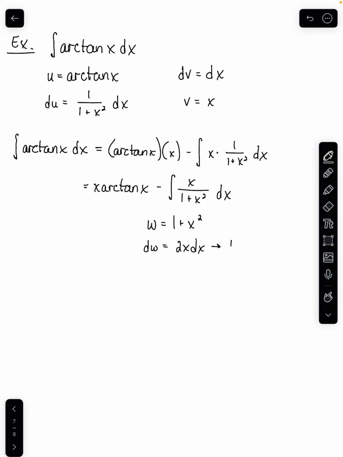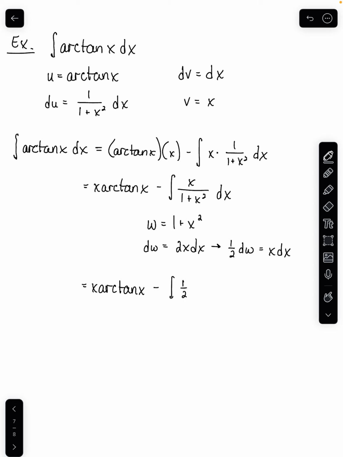Or if we divide both sides by 2, we can have 1/2 times dw is equal to x dx. And that will allow us to rewrite this integral. Now we've still got the x times arctangent of x in front of it, but this will allow us to rewrite this integral as